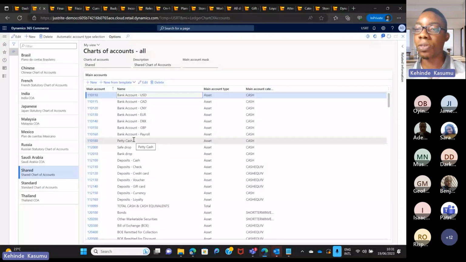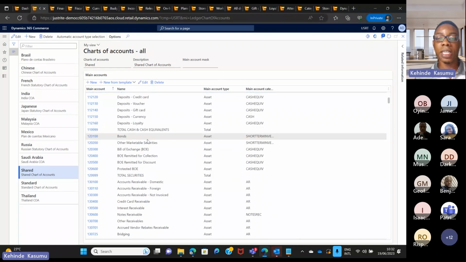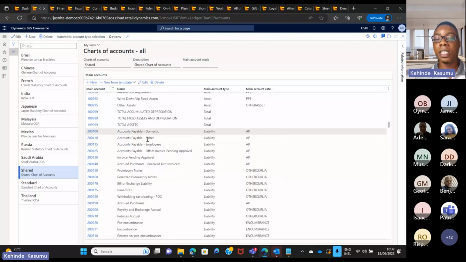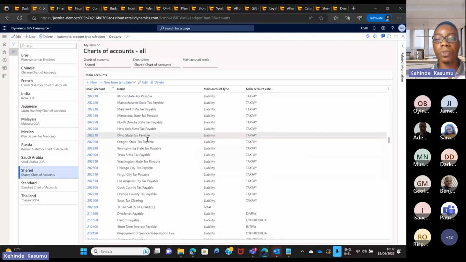One of them is the chart of accounts. Every company has a chart of accounts where you map the various ledger accounts to the different posting types or account types that you have. So in Dynamics 365, we can imitate your chart of accounts. We can bring it in as it is, or we can fine-tune it based on how the application should work. So we can see the various account types and categories: assets, liabilities, equities, revenues, and so on and so forth.